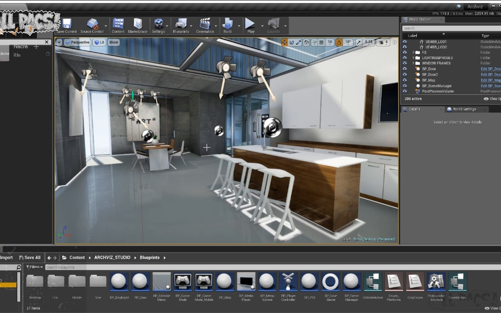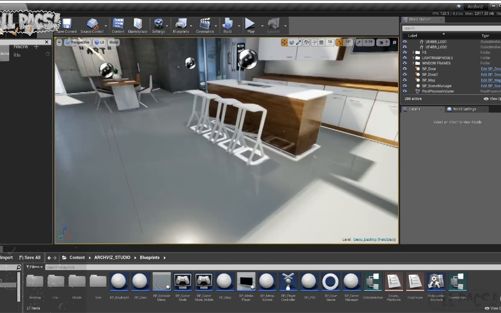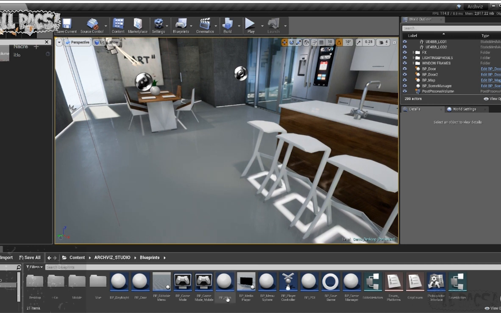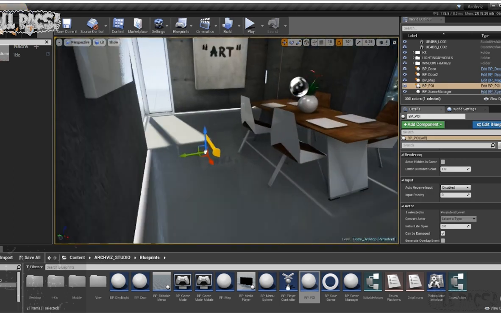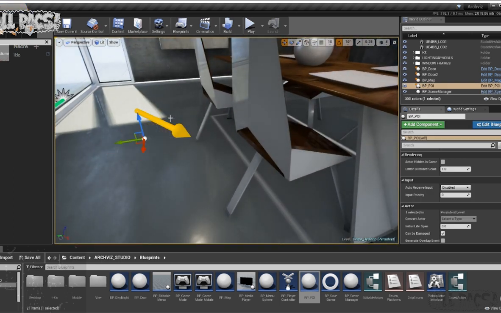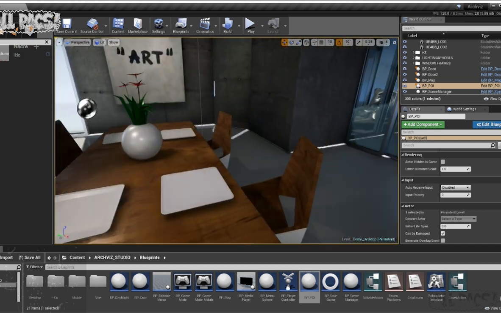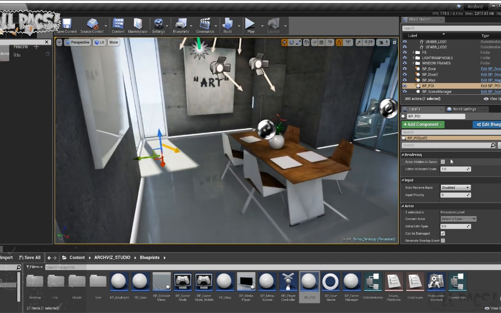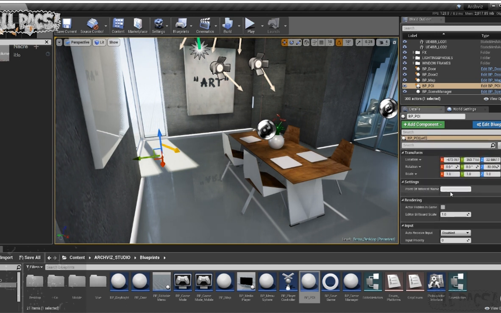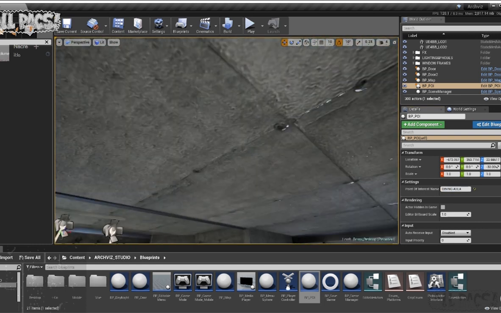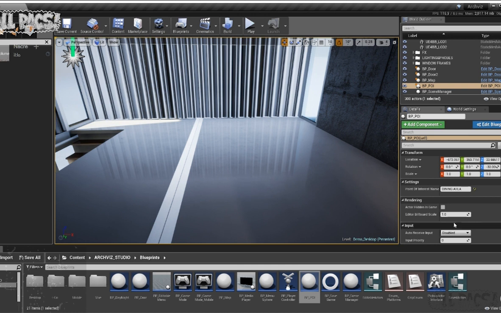which will allow your clients to quickly jump to areas that you think are important in the scene. We can do that by grabbing the BP points of interest and dropping them into the scene and orientating them where you want the player to be looking when they jump to that area. You also want to use our naming feature, and you call this, say, dining area, and whenever the player loads into a different point of interest, they'll be notified that that's the